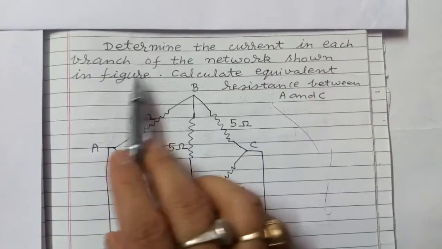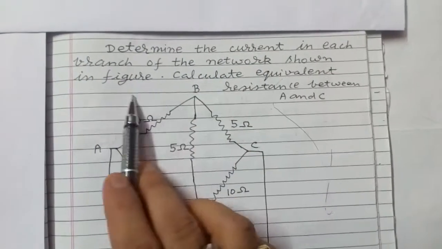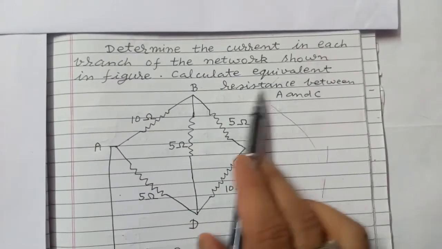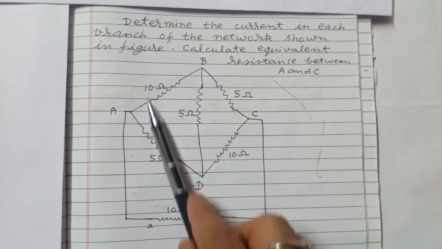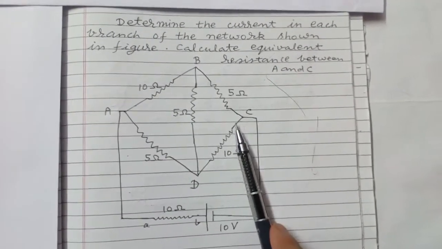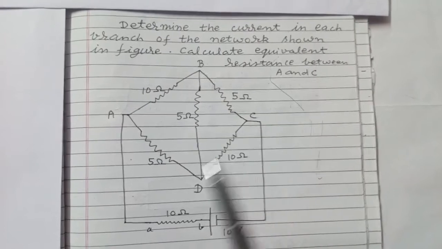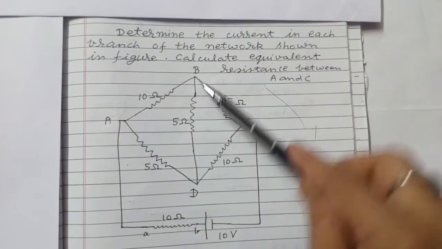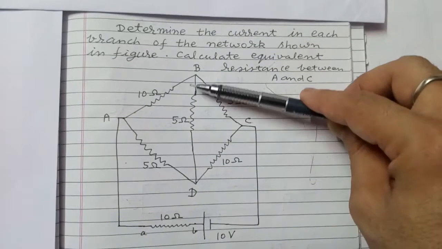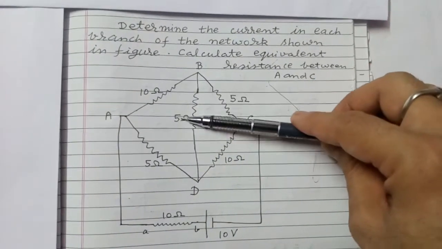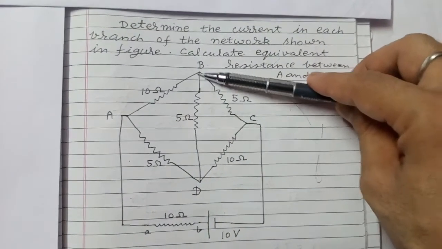Determine the current in each branch of the network shown in figure. Calculate equivalent resistance between point A and C. In this network you can see 4 resistances, they are forming a quadrilateral, and along the diagonal of this quadrilateral a 5th resistance of 5 ohm value is connected between point B and